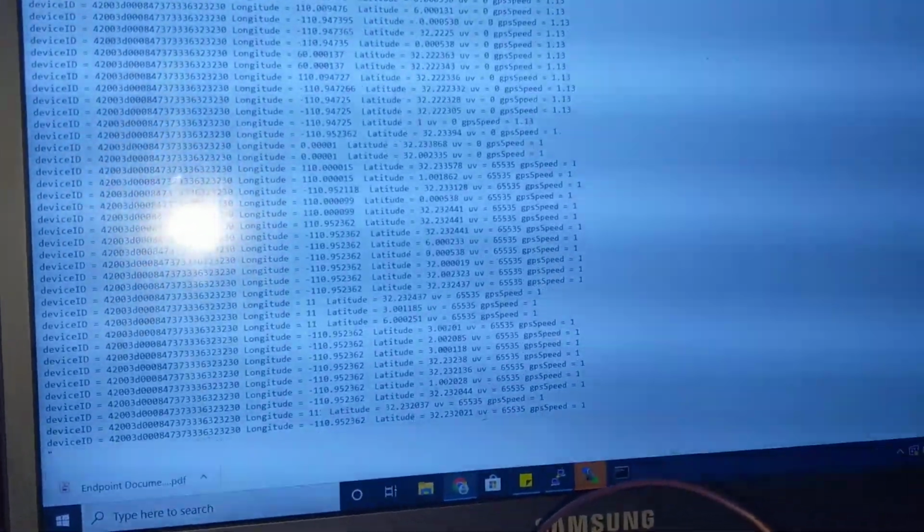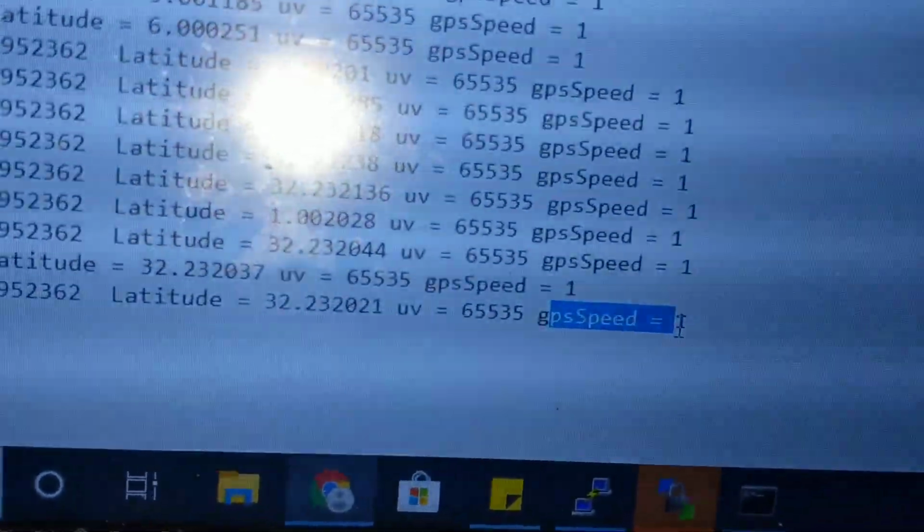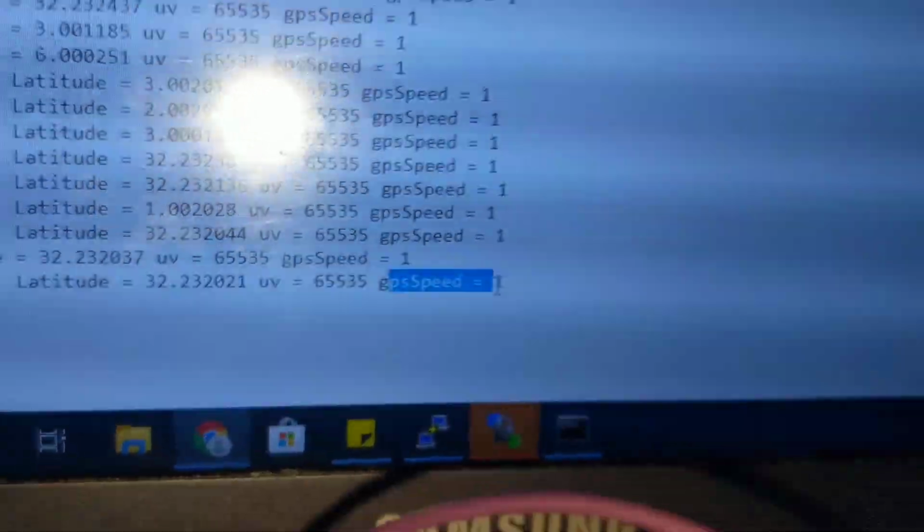So now you can see these many values have been recorded and stored under a device ID. And as I said, the last value was something with a speed of 1, which here it is. While recording the video, another thing that has happened is we've lost one wire from the UV. I don't know if you can see that, which is why we're getting a UV value of something really high. But overall, the idea is to show you that we're able to record them, store it in our database,